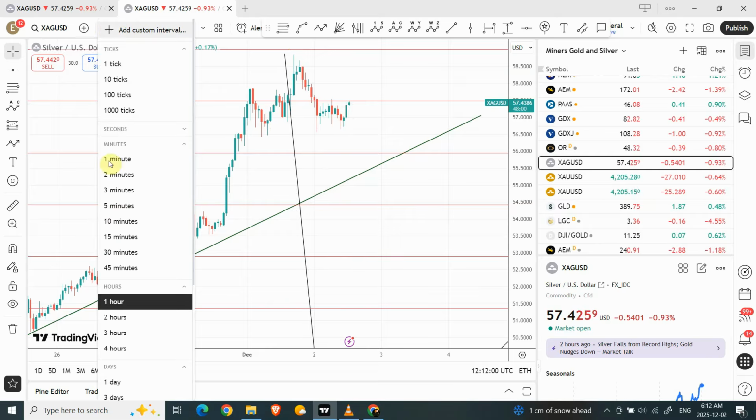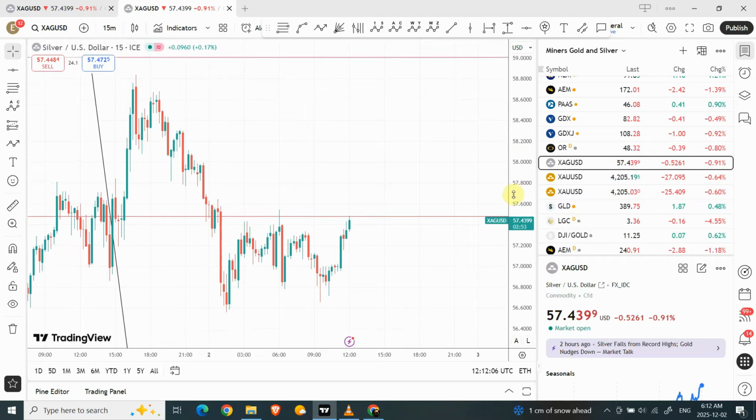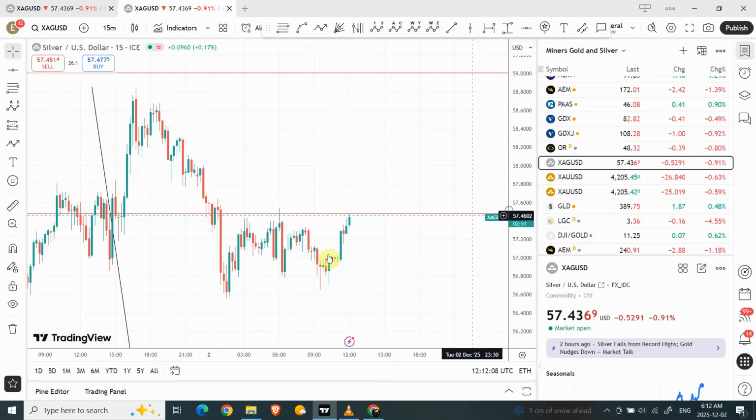So this gives us an indication that we are clearly seeing a correctional pattern, and we are also finding the hidden support, and we have also cleared the hidden resistance on the downside. So we were expecting the prices to fall down, we did, and then we are following a complete